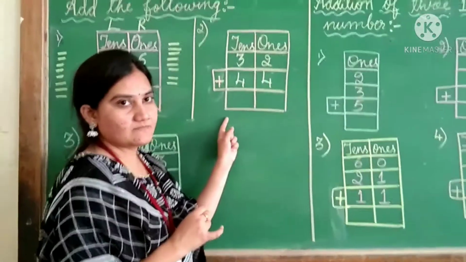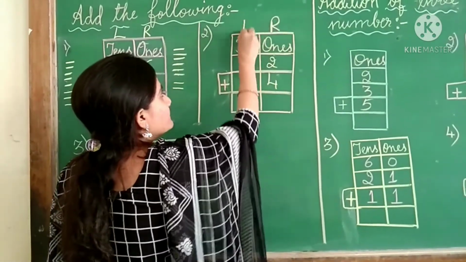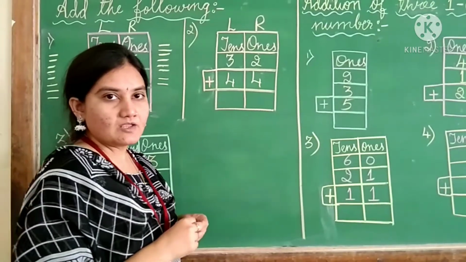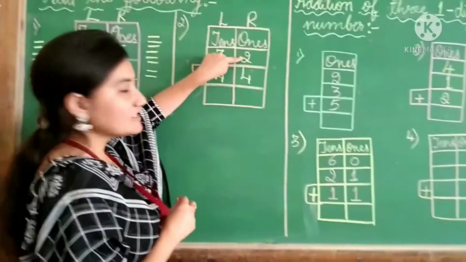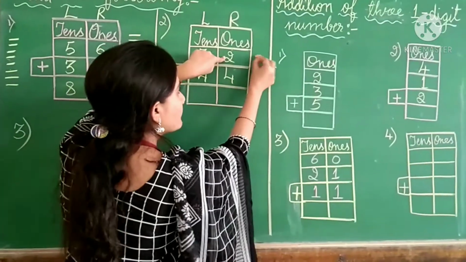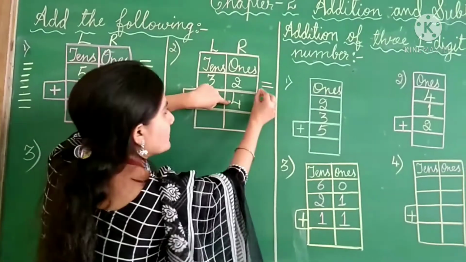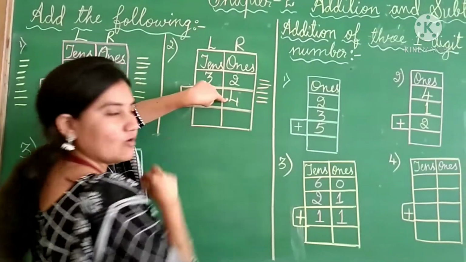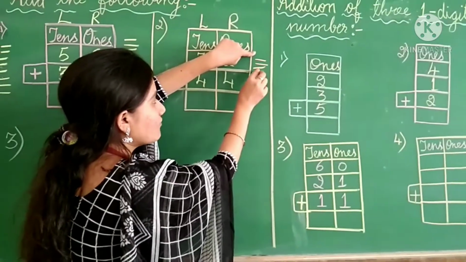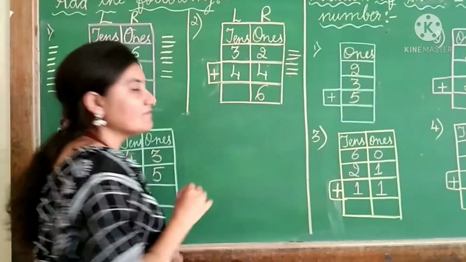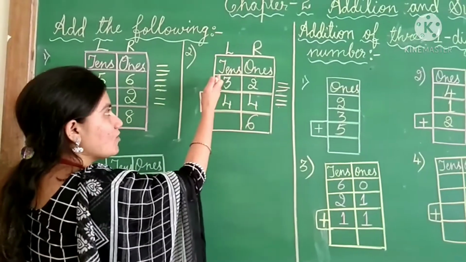See to the second one. Ones, tens. The right side will be ones and the left side will be tens. You already have learnt it. So now, in ones place, what is the first number? 2. So I will draw here 2 lines. Then what's the second number? 4. 1, 2, 3, 4. Now let's count. 1, 2, 3, 4, 5, 6. What the answer we got, children? 6. So once we got the answer, next we will go to the tens.